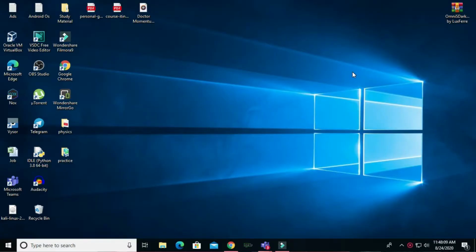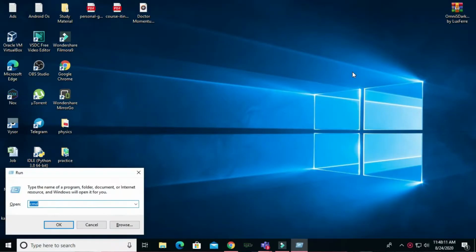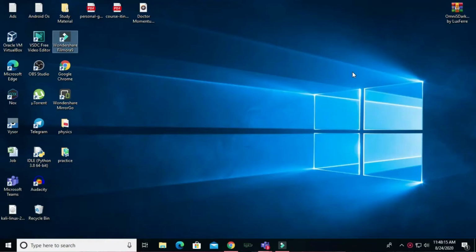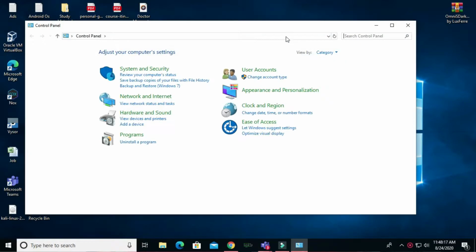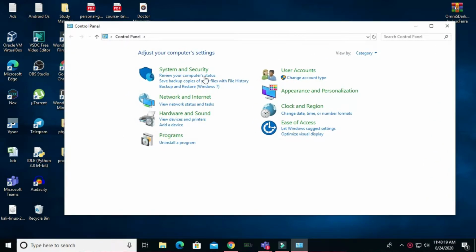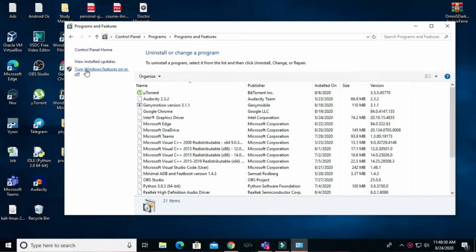So first of all, when you have installed the Kali Linux app from the Microsoft Store, you need to go to the Control Panel. You can get there by pressing Windows plus R and searching for Control Panel. When you search, you will easily find the Control Panel, and there under Programs you will be able to see an Uninstall a program option. You need to click on that, and you will find a big list of all the applications that are installed on your computer. Then you need to look at the top left corner, where you will find the option Turn Windows features on or off.